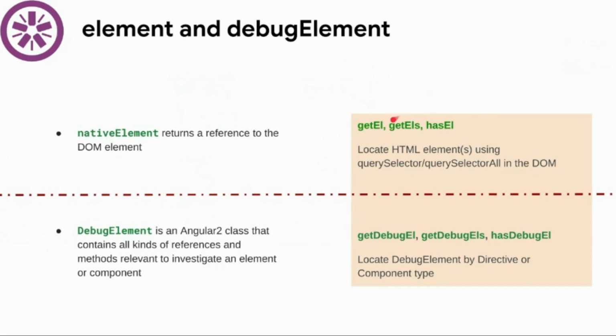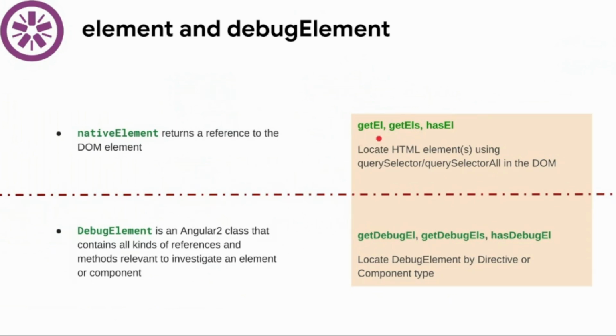Apart from that, there is one more thing which is debugElement, which is not the native element. What exactly these three, getEl and getEls, will return is the DOM structure: whether that particular DOM is there or not, that span is there or not, that div is there or not. Debugelement, apart from the native element, will return many other things like your component instance, classes, attributes, and many other things which you can test via debugEl. So basically we mostly use debugEl to get a component instance of something. Suppose you have written a bootstrap template, but you want to get a component instance and check whether something is there or not. So debugElement is for that.